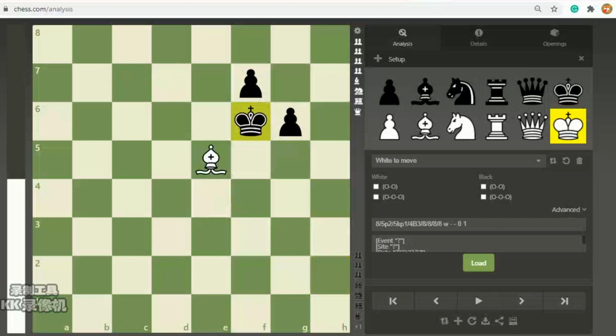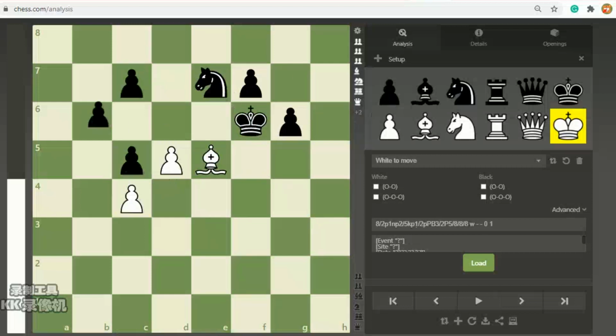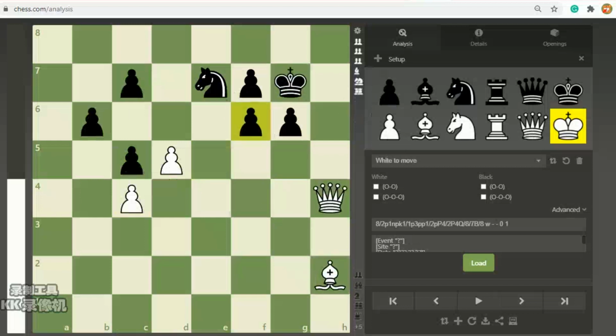Obviously we cannot let the king go back, so let's put a knight on e7. And to prevent e6 we put a pawn on d5 and a pawn on c4. Maybe add some pawns on the queen side to make the position more realistic. We can put the bishop on h2 and let's go back, put the queen on h4 and a pawn on f6. And now we need to make bishop h5, bishop e5